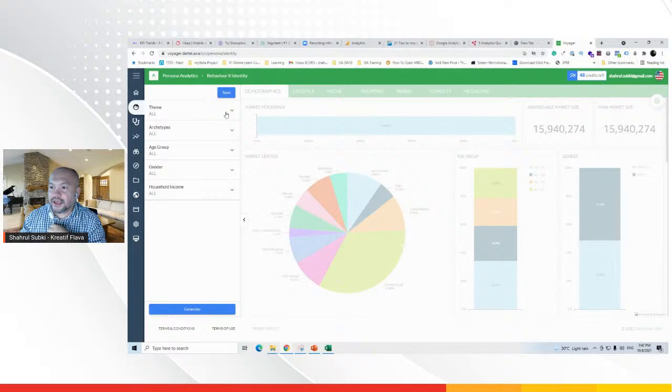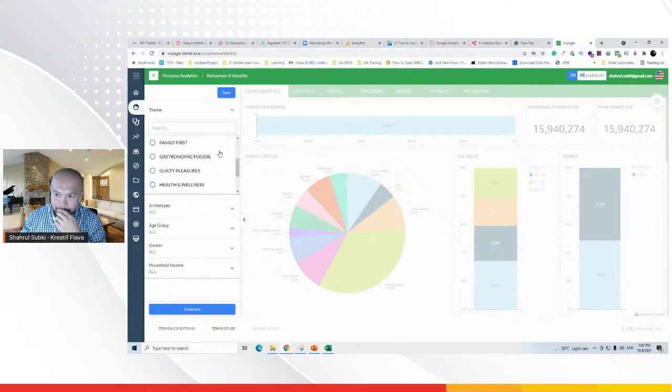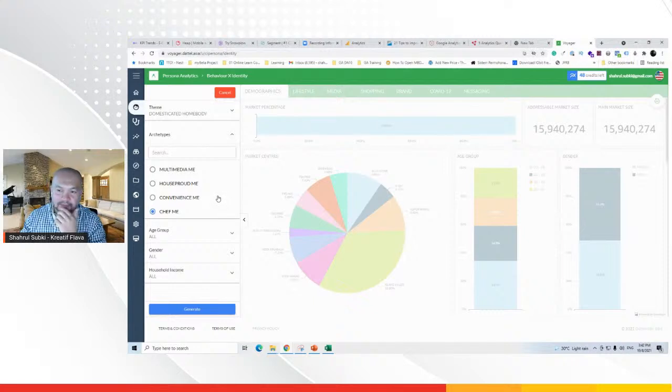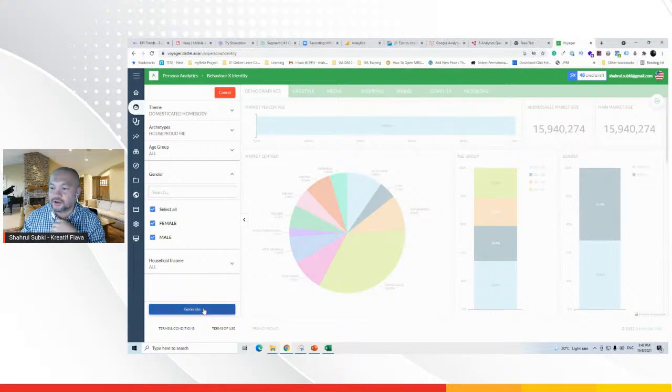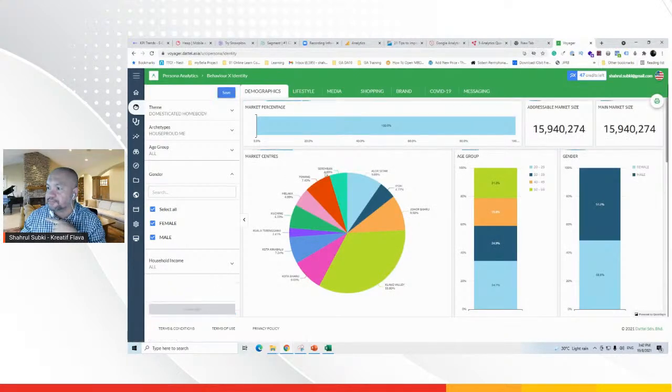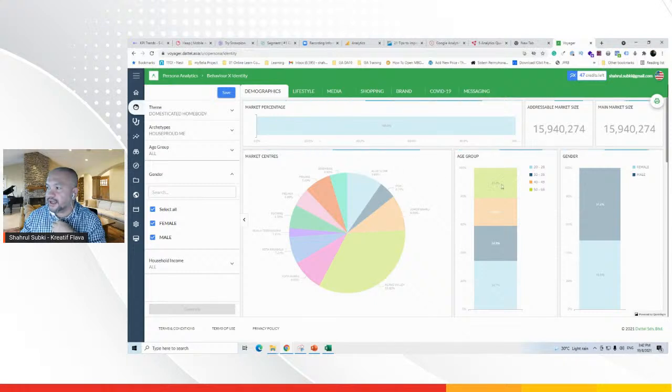Okay, let's say here I'm going to show you, for example, domesticated homebody. I'm just going to do that. And then in the archetype probably I'll put the house proud me. Age group I put, for example, all. Gender maybe all as well. Household income I put all. I'll go and generate it. So when I generate it, it gets all this kind of data